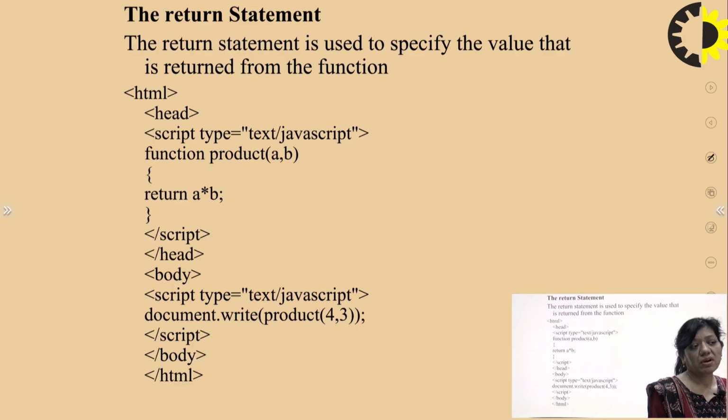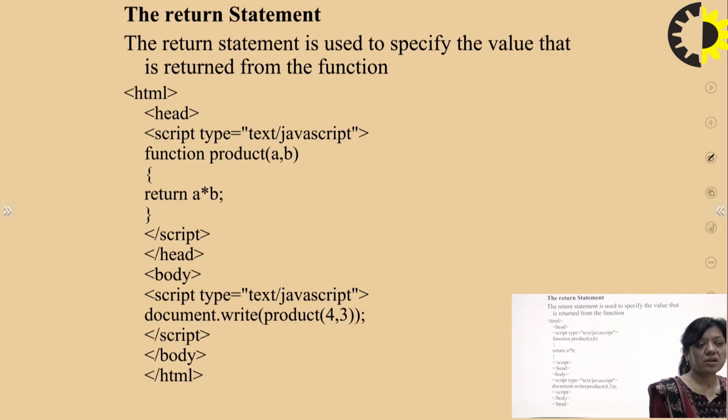As usual, we write all the function code in the script tag. Here I open the HTML head section, and the script type would be text or JavaScript.